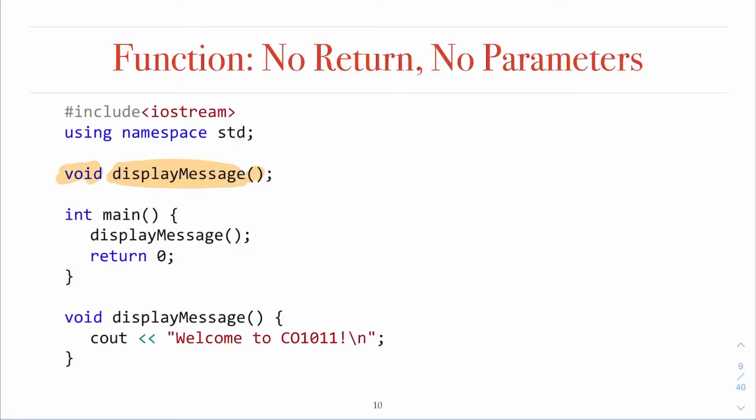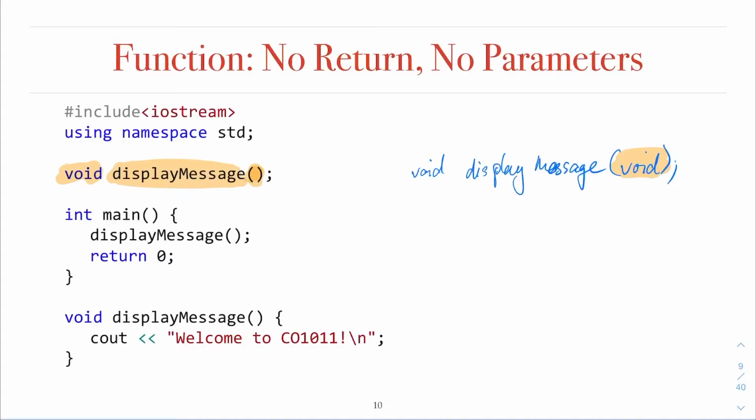You can also write it another way: void display message(void). Sometimes people write this way because it implies I take no arguments, but for most cases I just leave it empty, and that's reasonable also. It's up to you. It depends on your coding convention.